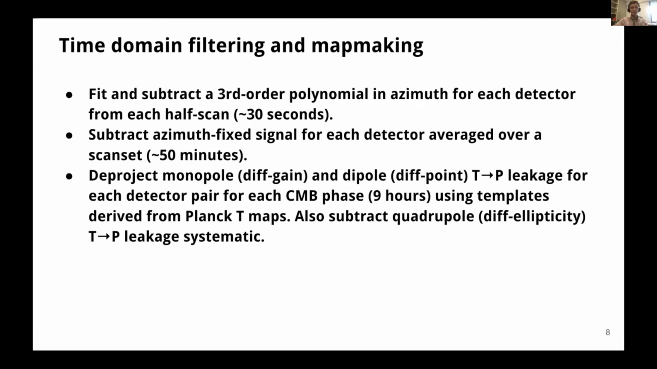So as we were just hearing in the ACT talk, this could be some ground pickup, but it could also be other sources. So anything that's azimuth fixed, that's not rotating with the sky, we're going to subtract out. We do have, actually for many, many years now, we've been having every two adjacent scan sets scanning over the same fixed azimuth range and at the same elevation. So in theory, we could remove this signal not on a 50-minute time scale, but on something closer to a 2-hour time scale. This would let us push our sensitivity down to lower L a bit,